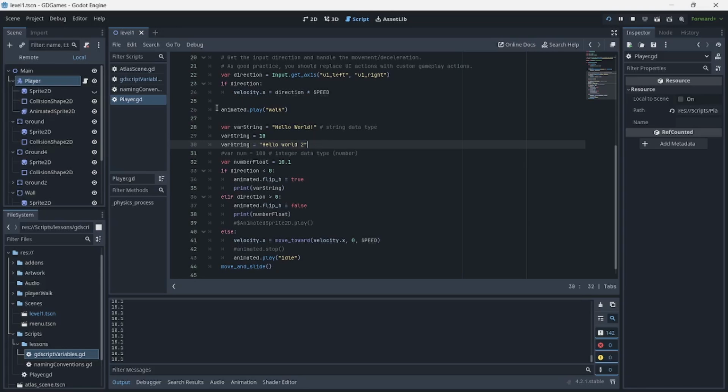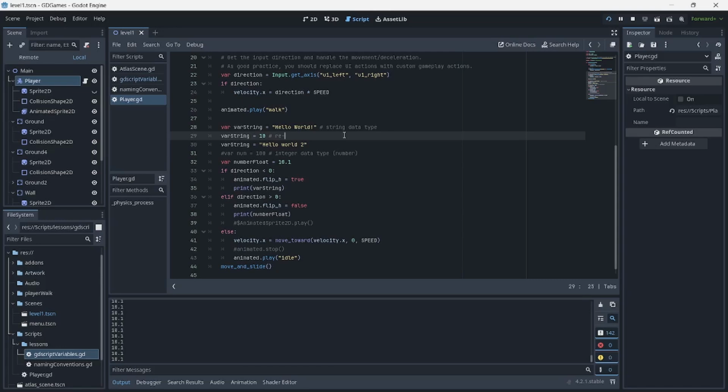In this case, the computer would normally read line by line. So the first line here, the computer understood that this is a hello world string data type, and then we reassigned a new value to it in the var string declaration and initialization that we had, and we reinitialize it, and here we reinitialize it with a string value.